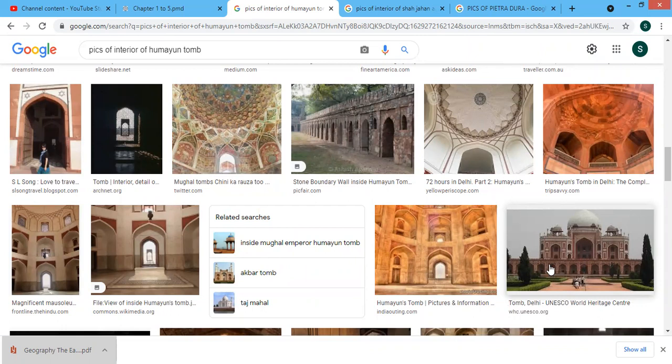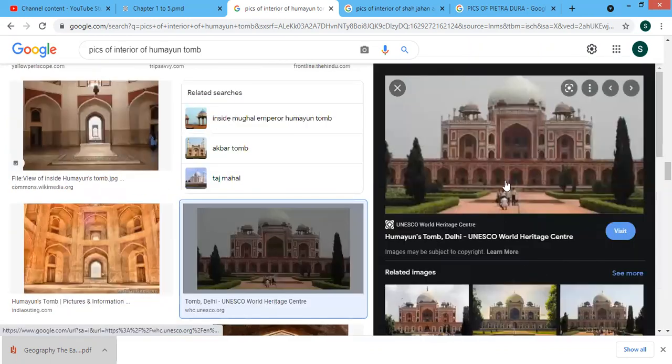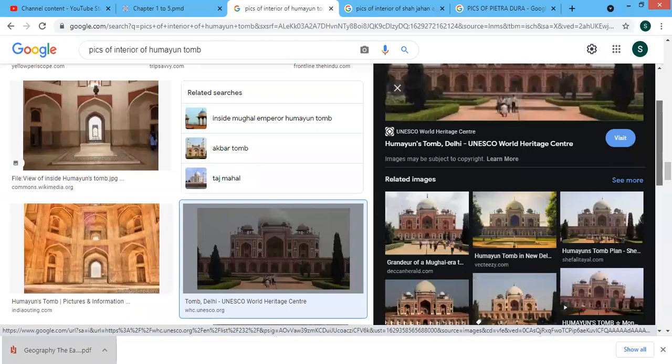The tomb was placed in the center of a Chahar Bagh. As you can see in this picture, this tomb is placed at the center of the Chahar Bagh.